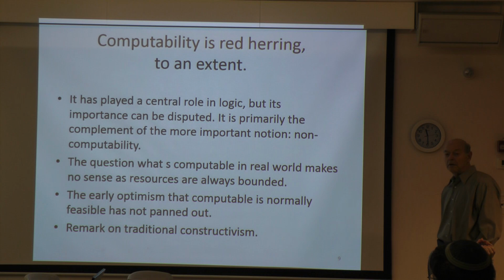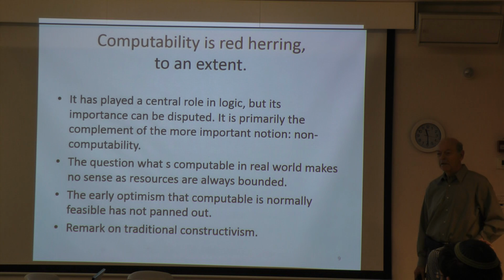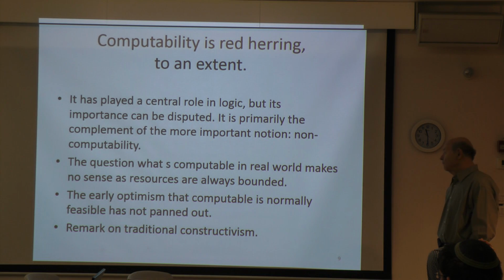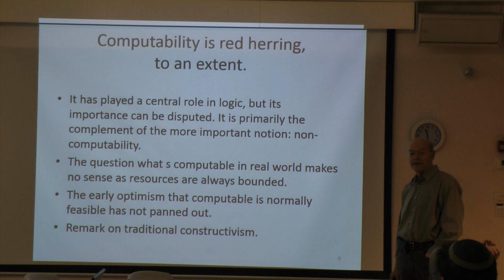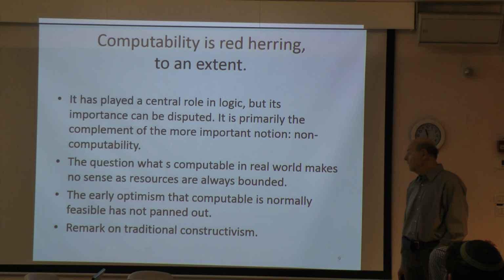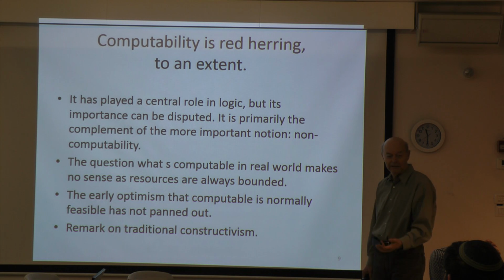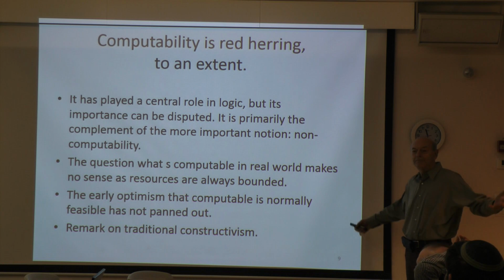Early on, when I started, computability was very, very fashionable. I didn't make any social science kind of study, but as far as I remember, there was a kind of naive optimism that if you have an algorithm, you actually can solve the problem. So if you prove a certain theory decidable, you can actually decide it. And what is undecidable is sort of too bad.